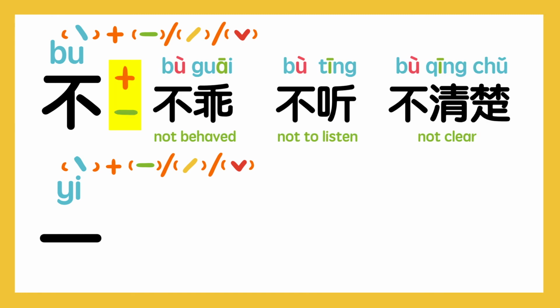However, they could be fourth tone by themselves when followed by the other three tones. For example, when followed by a first tone character,